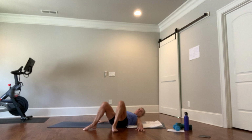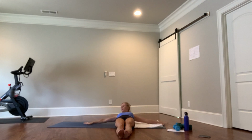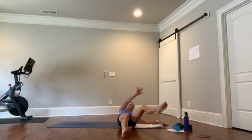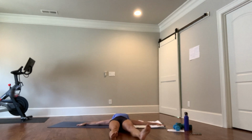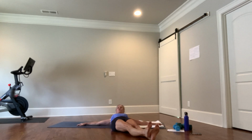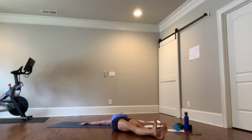Alrighty. We are going to bring our feet straight out, our arms out to the side. I'm going to show it to you with my feet to you. We have done this. Just because you see that my torso is not going to move a lot, I am going to just walk my legs over to one side. So if I walk over to the left, I feel the stretch on the outside of my right hip,